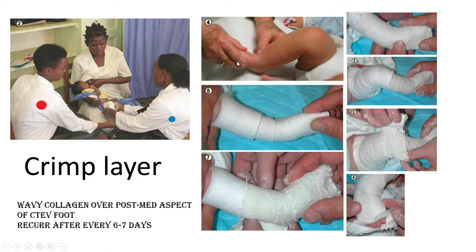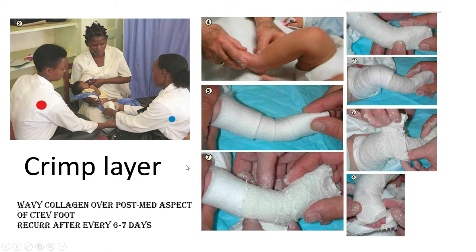It needs a holding position, and after correction you have to hold the foot, and one will wrap the cotton, and after holding the foot, the assistant will wrap the plaster. After wrapping the plaster, you have to again do the correction. Now regarding the plaster, you will put the plaster below knee first, then you have to go above knee.